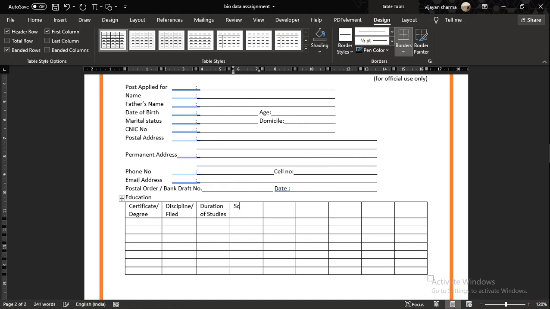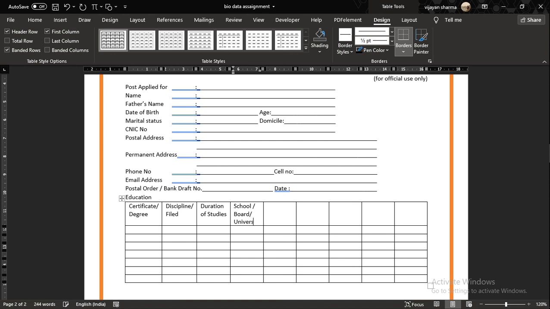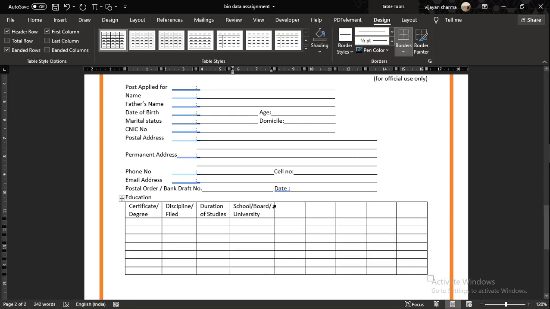The next is school/board, board/university. The space is not there with the column. The space is not there. And this is in the straight line.